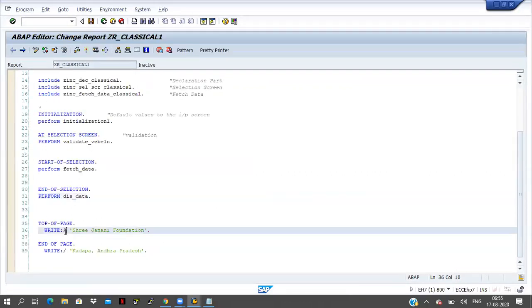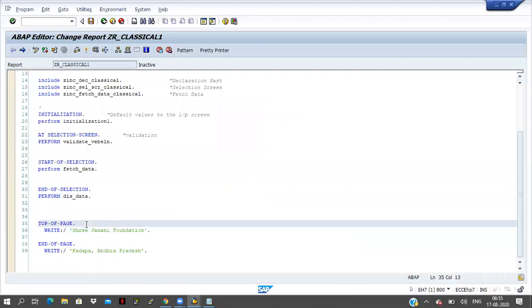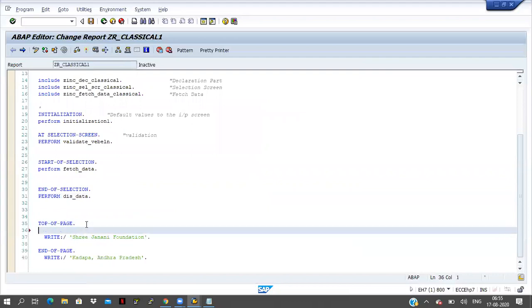Okay, top of page is coming here, and here one more perform, header information. Okay, the perform name is header information.